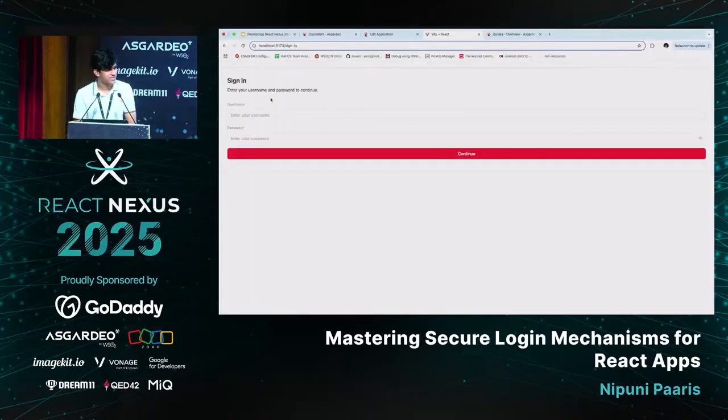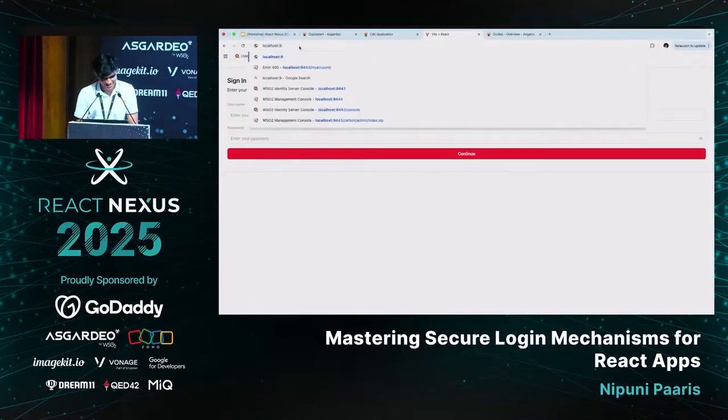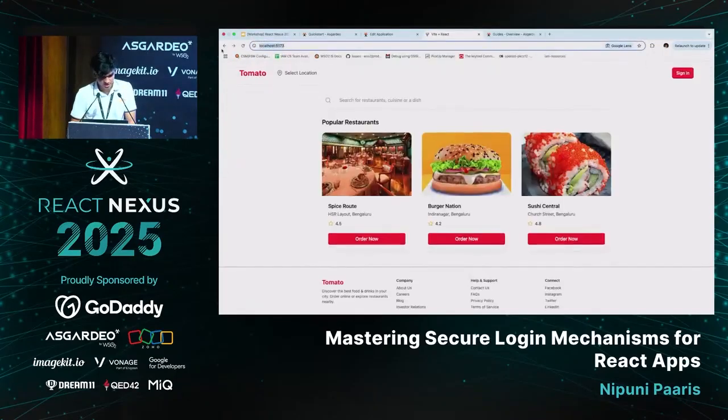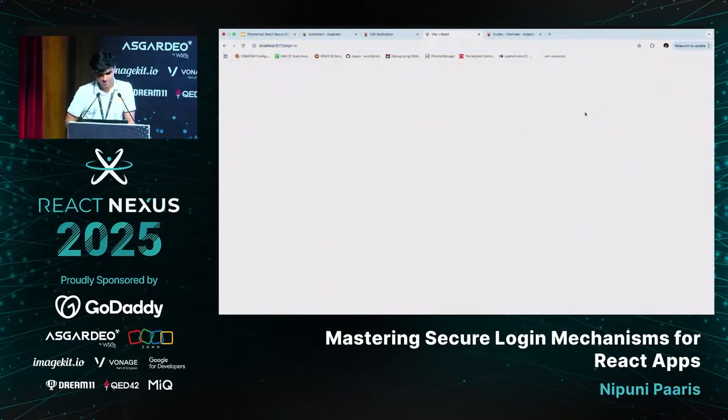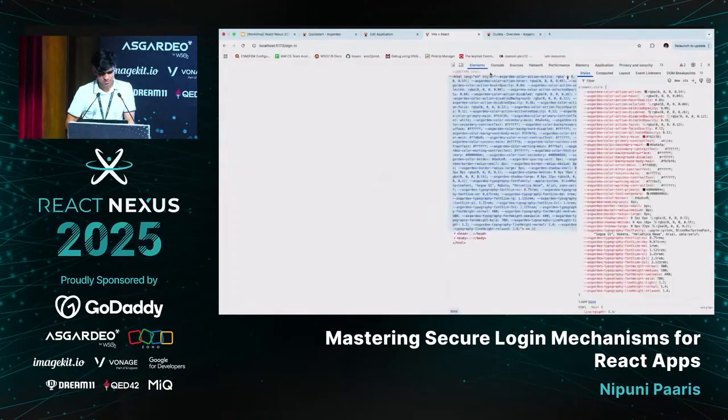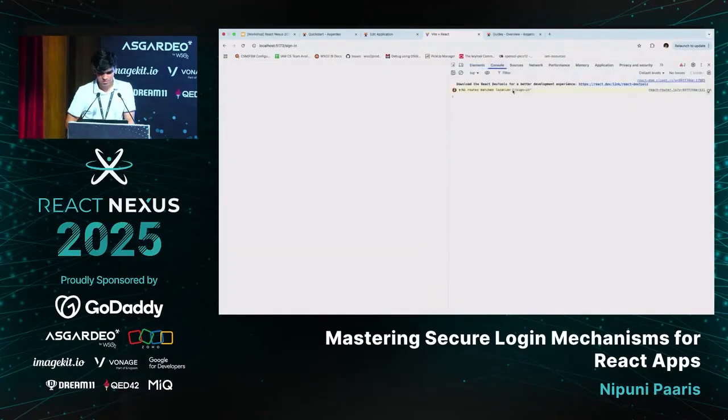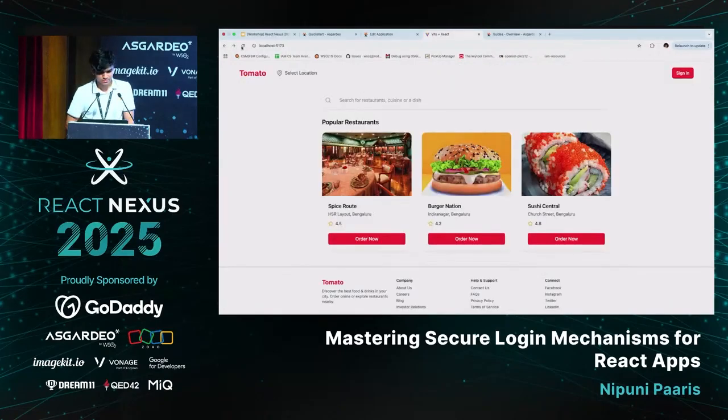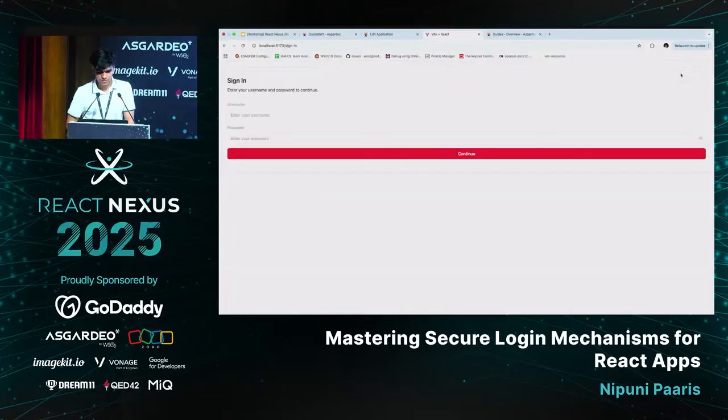We can make this better with proper styling. But yeah, this is the functional. Let me go to the home page again. Sign in. I need to refresh. Yep. So now when I enter the credentials,